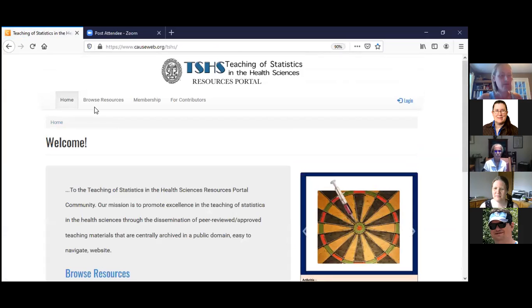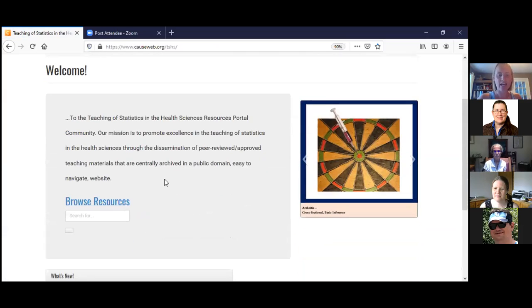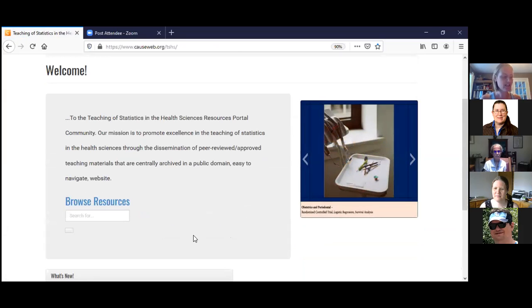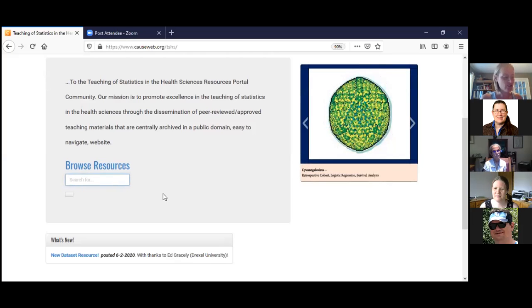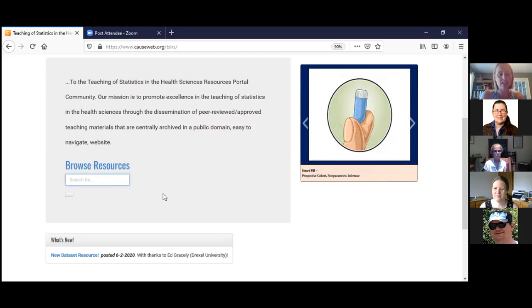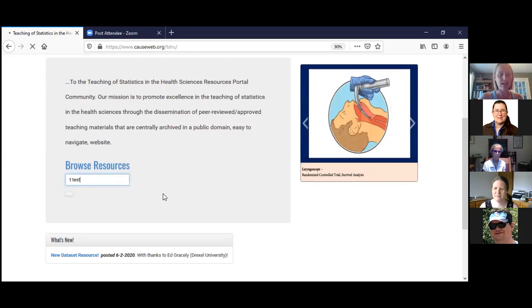But let's imagine for a moment that you came to the portal today and you had a specific kind of topic that you were interested in. And you didn't want to just browse all of the data sets, but you wanted to do a search. Okay, so there are a number of ways that you could search. You could search by statistical topic. So say, for example, I was planning to teach a session on the t-test. I could type that in,